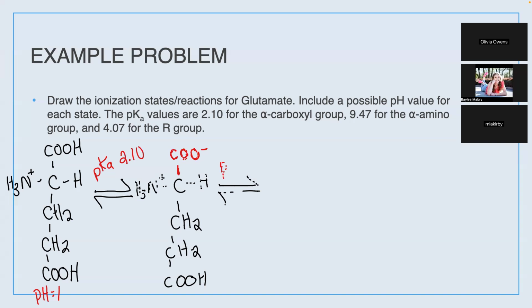Then the next one we'll come into contact with. So after 2, pKa 4.07. Can you even see that? Okay, a little bit. Anyway, it's pKa 4.07. And what's going to change there? The R group. So that's something that a lot of people will trip up on with these. You got to make sure you're looking at the pKa for whatever group you're looking at. So the 2.10 pKa correlates to the alpha carboxyl group. So that's why we kicked off the alpha carboxyl